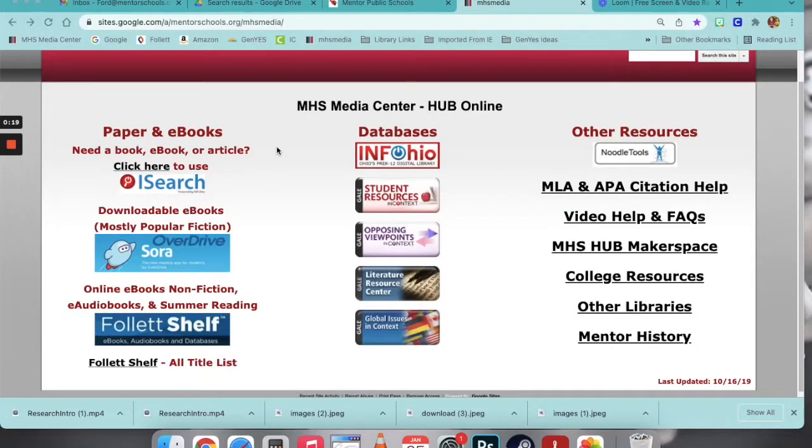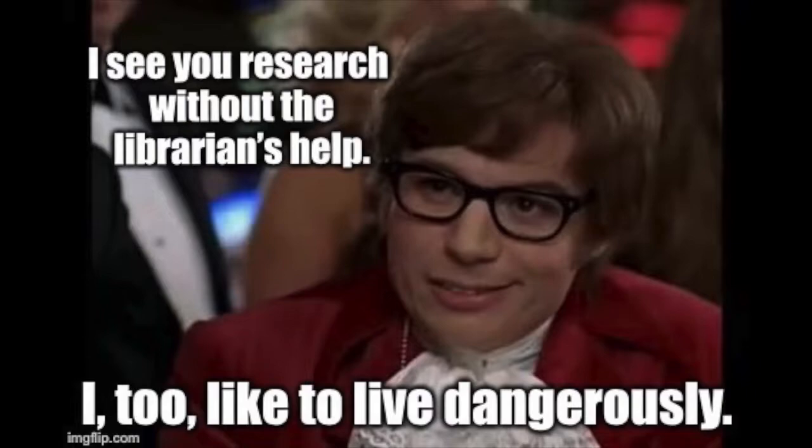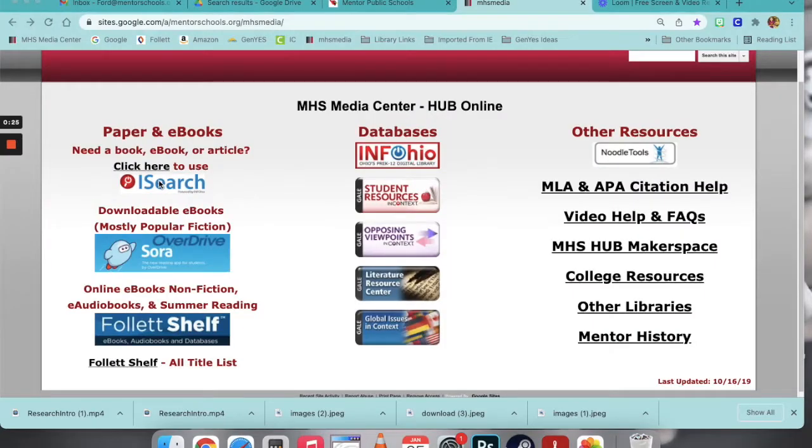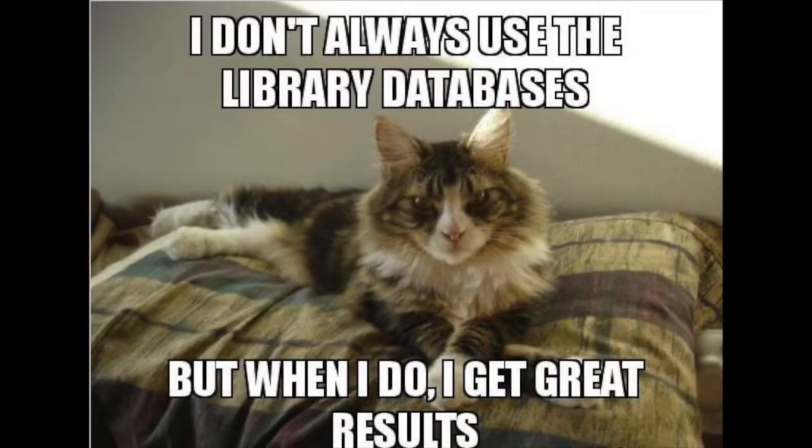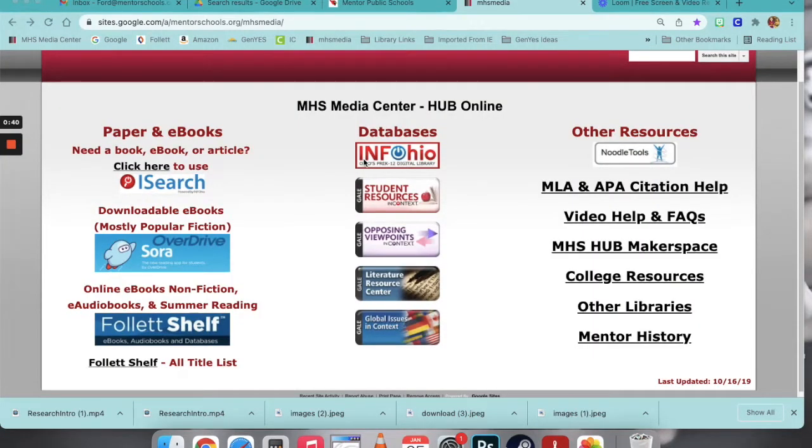Here on the Hub's webpage, you can click on iSearch. This will take you to books we have on the shelves, ebooks in our digital collection, and articles that are part of Infohio. Infohio databases are the ones that are paid for by our state tax dollars and are available to any student in the state. You can probably do all of your research paper getting articles from Infohio, either by clicking on Infohio directly or